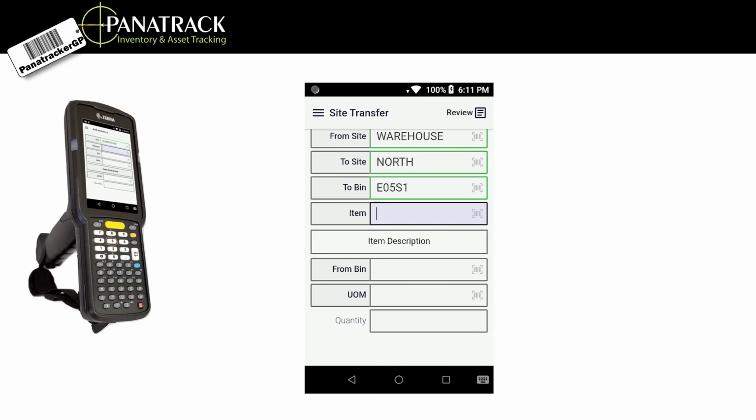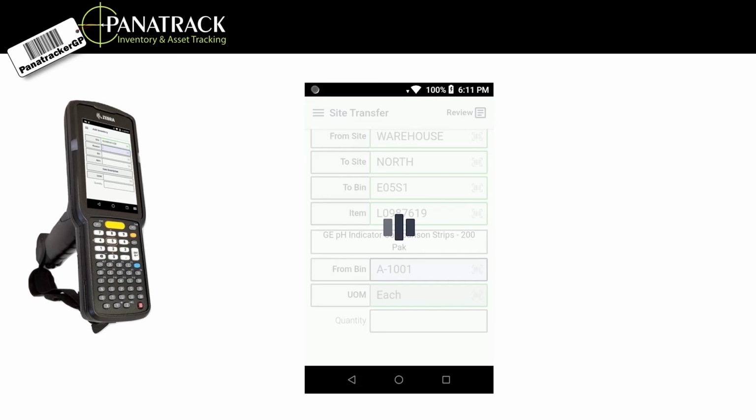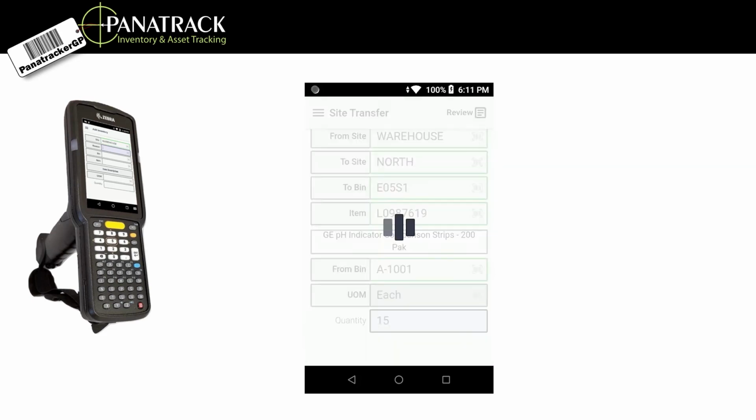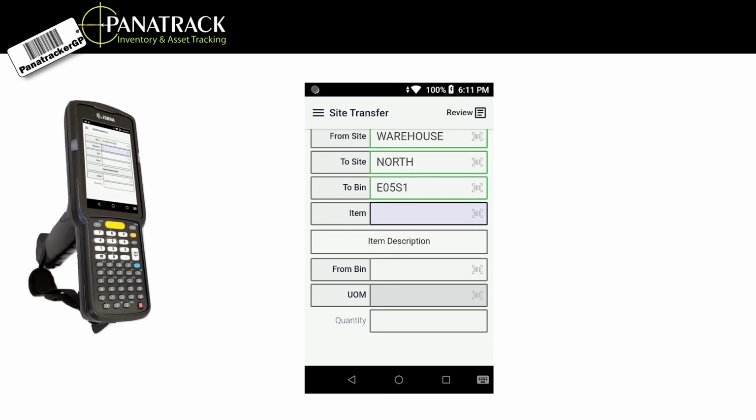Now the user is prompted to scan the barcode for the items that are being transferred. The item is scanned, the From bin is entered in multi-bin environments, and a quantity is entered to the Panatrack transaction. As the user scans items and bin locations, Panatrack is validating the item and the quantity is available to